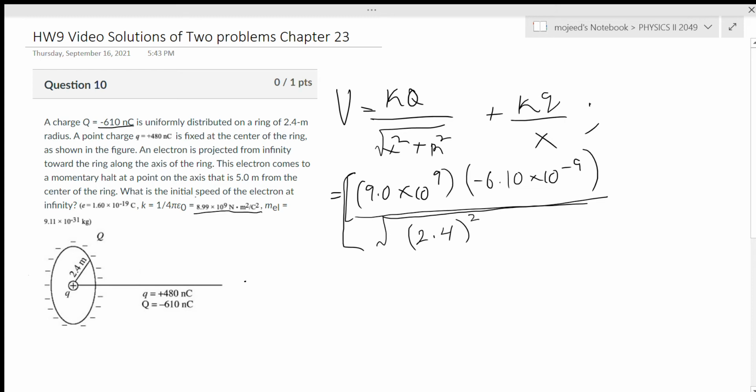This is where this charge is distributed, at this point in space. So 2.4 meters, and then 5, since this is where the electron is from the center of the ring, and then plus